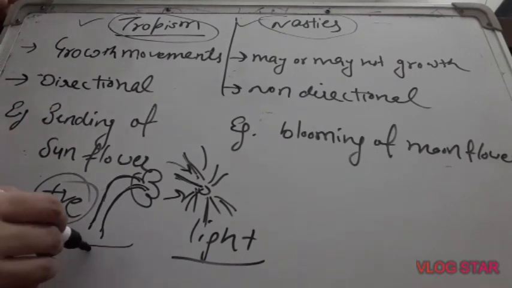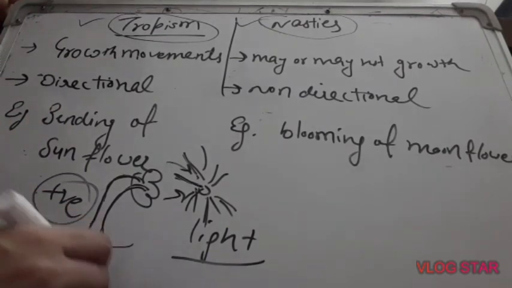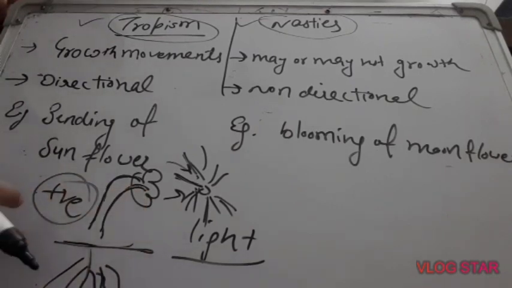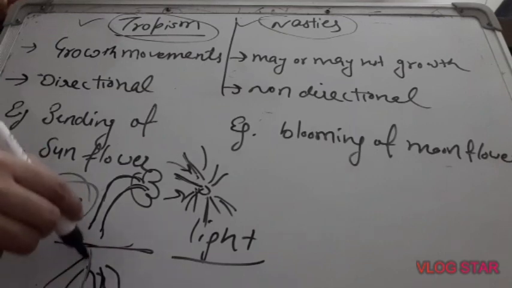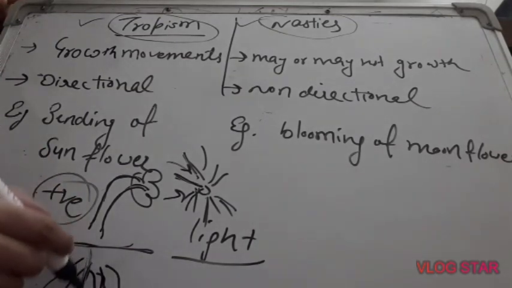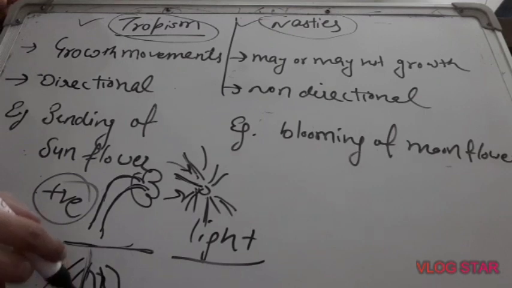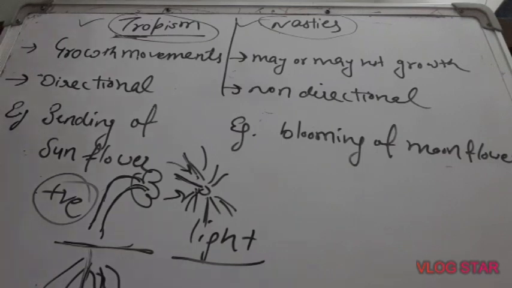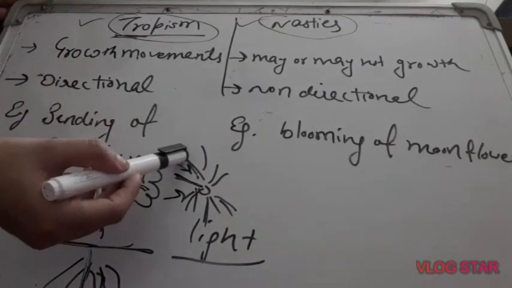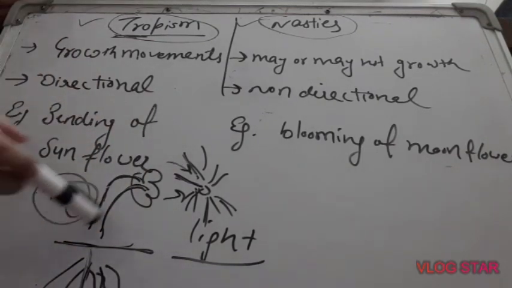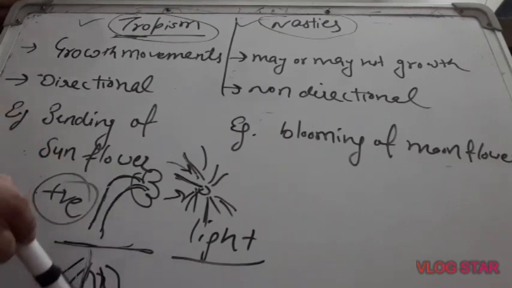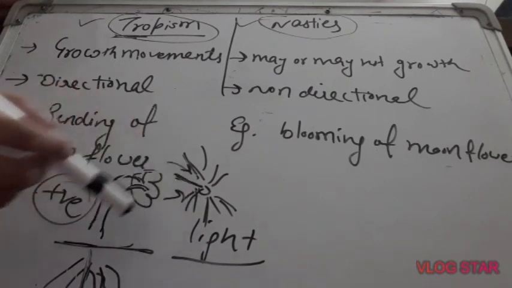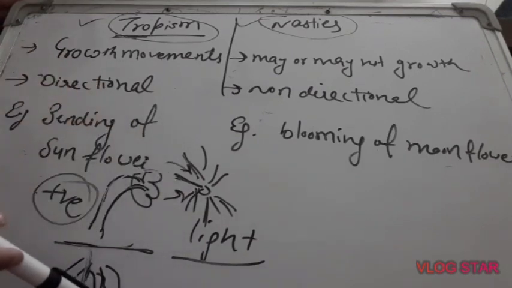And roots, what do roots do? Roots grow under the ground, where there is no sun and no light, so they grow downward. So roots are an example of negative phototropic movement. Tropic movements can be positive or negative on the basis of whether a plant part moves towards the stimulus or away from the stimulus. Here, roots move away from the light, and the stem moves towards the light. So the stem is positive phototropic and roots are negative.